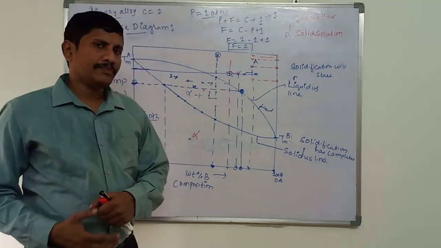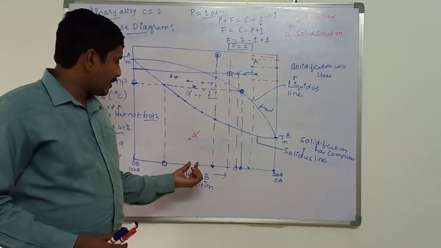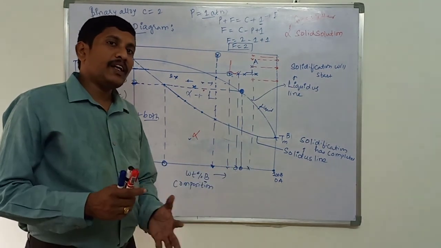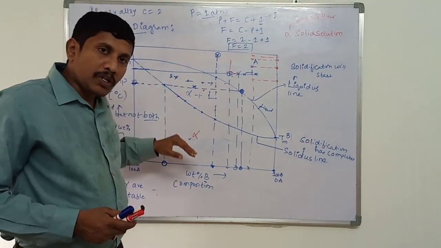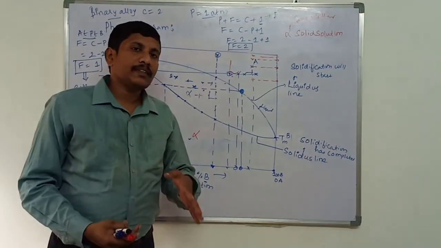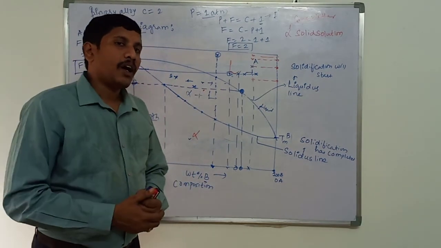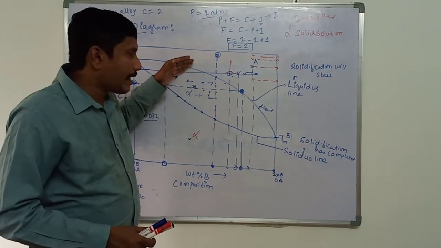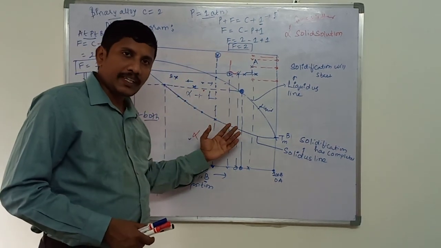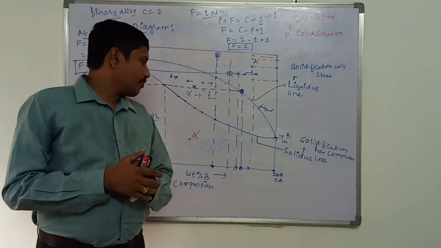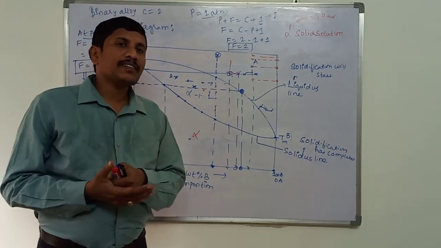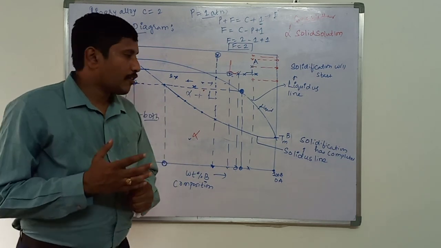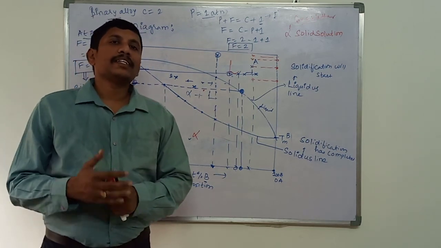So in the next video, we'll be taking a particular composition of the alloying element of the isomorphous alloy, and we will cool from the molten state to room temperature, and we will see the microstructure observation of the isomorphous alloy at room temperature and at various other temperatures and at various compositions. And once you find out the microstructure, you can identify the phases and you can find out the composition of those phases. So we will be seeing these contents in my next video.